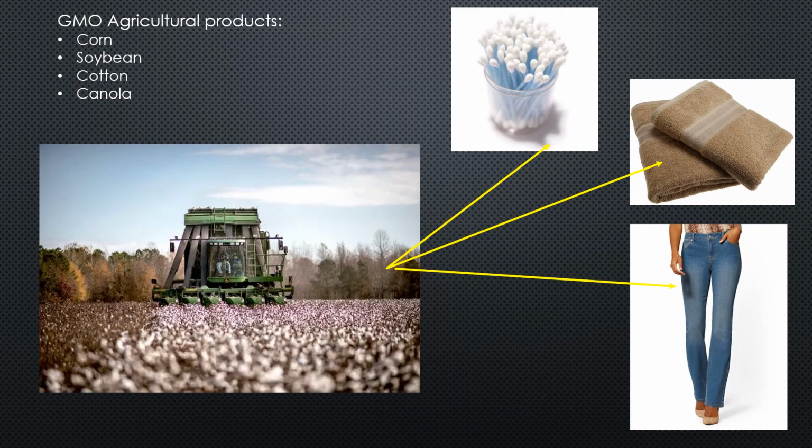So the top 4 agricultural products that are genetically modified are corn, soybean, cotton, and canola. And about 90% of those that are produced are genetically modified. So I'm just going to talk about this real quickly. That is near and dear to my heart is cotton. My family is from South Georgia and Alabama, so a fair amount of cotton, at least grown in the area, if not directly by my family.